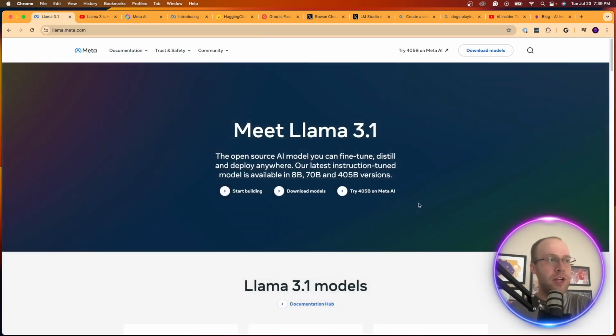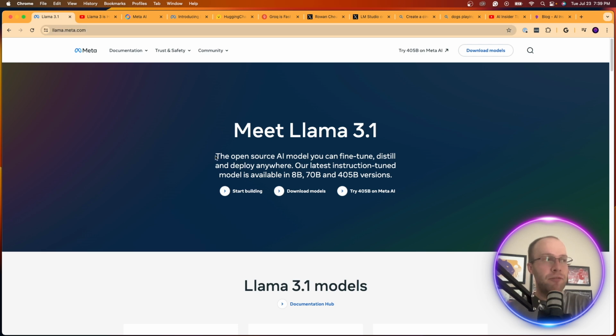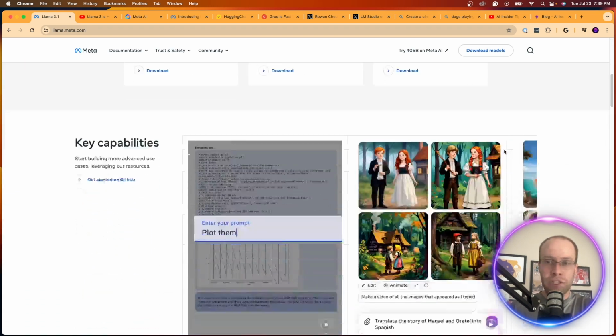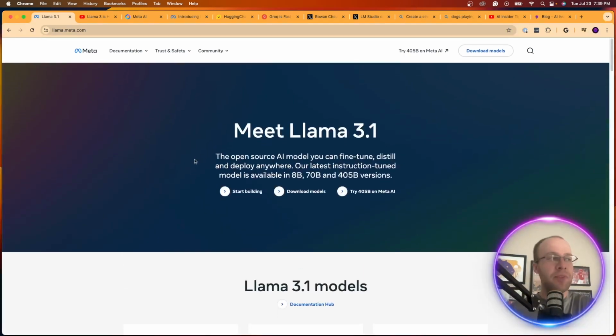But besides the point here, now Llama 3.1 is the most updated version of Llama 3. And on their page at llama.meta.com, they say the following: the open source AI model you can fine tune, distill, and deploy anywhere. And there's a lot of cool features and different advancements I'm excited to dive into here in this quick video. But the first thing to note is that this is now arguably the best open source AI